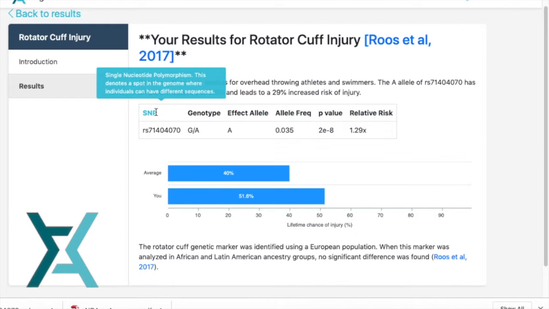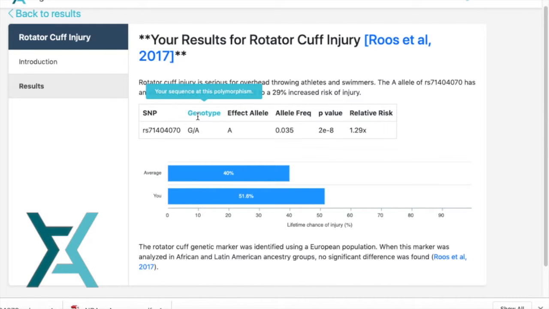That's a spot in your genome where sequence can be different between people. It's a single nucleotide polymorphism. Genotype indicates this person's sequence at this spot. So this person was a G over A, which means heterozygous, G from one parent, A from another parent. Effect allele is the allele that we score, A, and the frequency of A is 3.5% versus G the rest